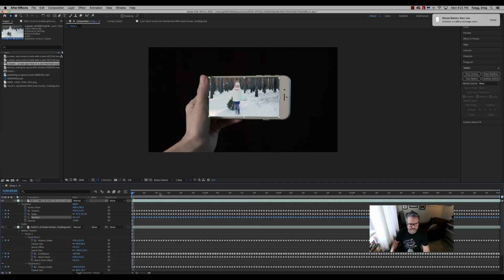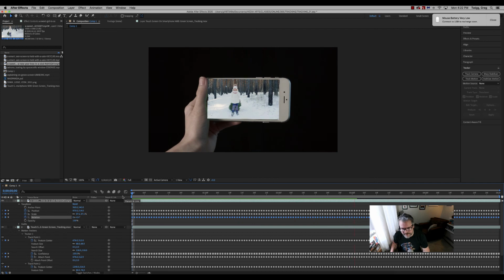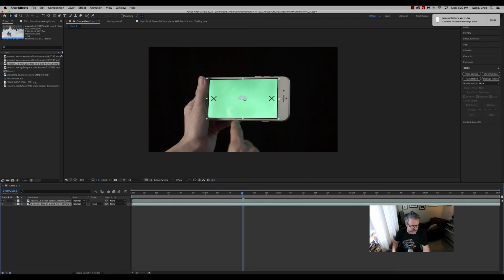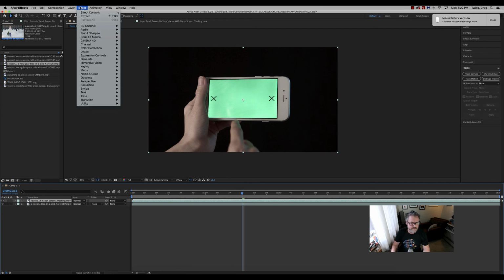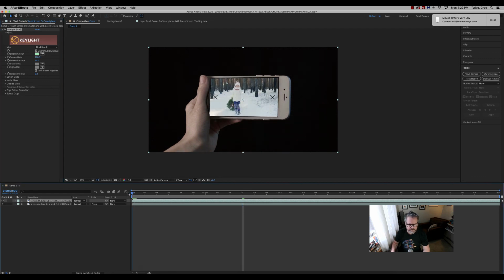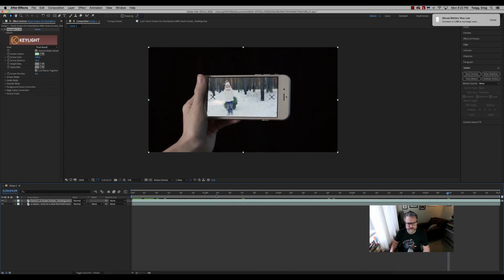This is not going to be perfect, but you should get an idea of what's going on. So now that clip is moving along with the screen. The finger is in the way, so that's not good. So that's when we use keying. And I'm not going to get crazy with this because there's a few things you have to do, but now that it's a little bit bigger than the screen, I can go to this original footage and say, let's key out using Keylight, select that green, it's gone, and now the clip moves with the phone, the finger's in front of it, and it feels right